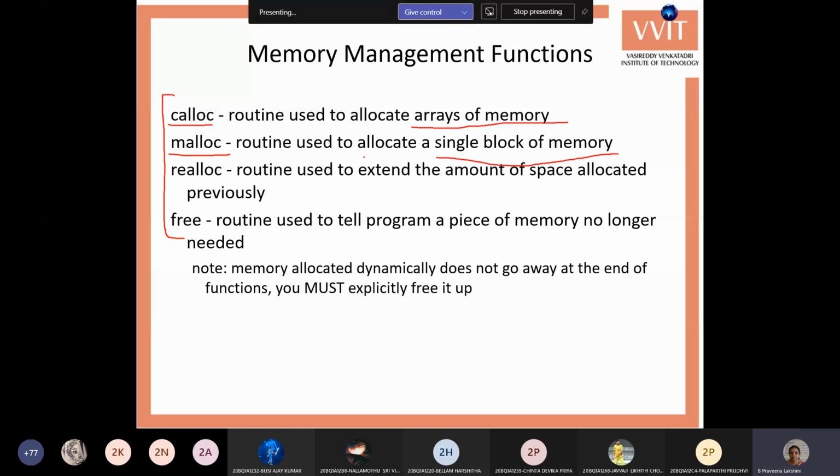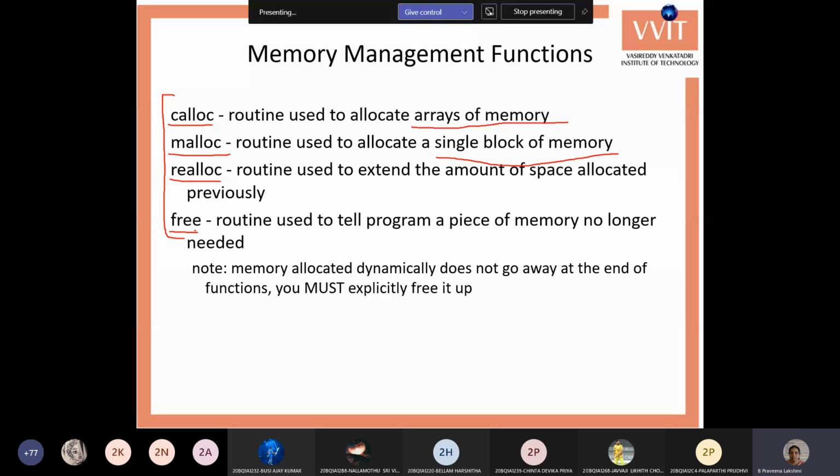Realloc is used to extend an allocation of memory space. That is, initially you allocated with malloc, and in the meanwhile of the program, I want to increase that memory space. To increase the allocated space, you can do it with realloc. Free is to remove that allocated memory space. It doesn't remove the space.